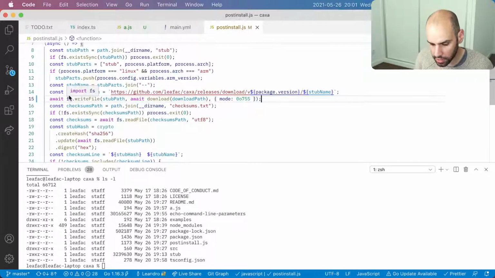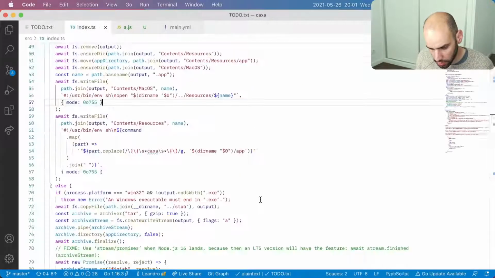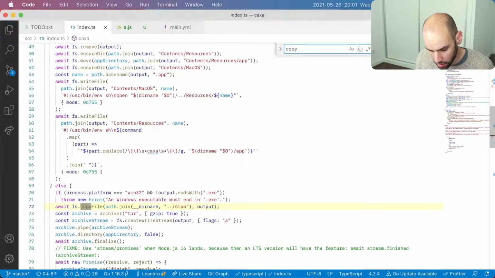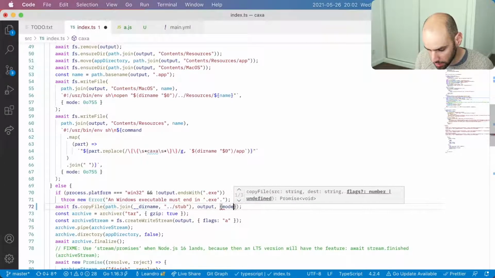So what we are saying here is we are downloading a file and we are putting the right permissions when we download the stub, which will be copied over when we copy the stub everywhere, but we want to make sure that the stub is executable. And that's good, but also here when we copy the file, we are copying the stub into the other place, and we could say mode that.